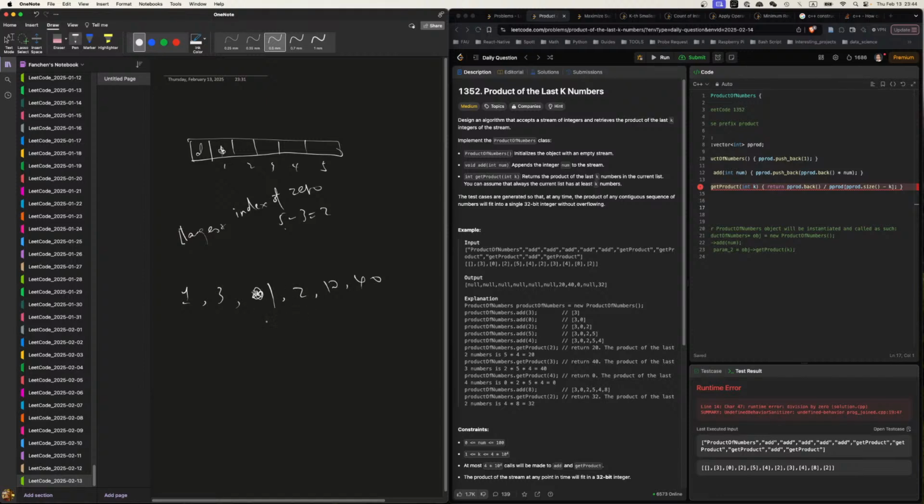So k equal to 4. Total length of the vector is 1, 2, 3, 4, 5, 6. So 6 minus 4 equals 2, right? 0, 1, 2. So its position is 2, right?